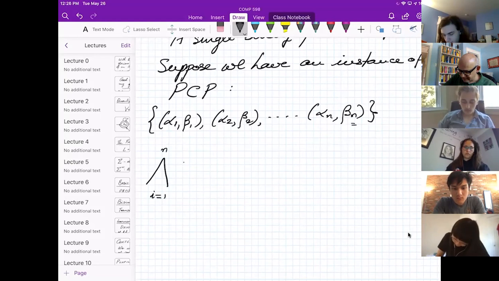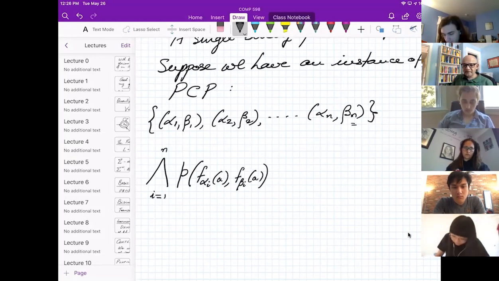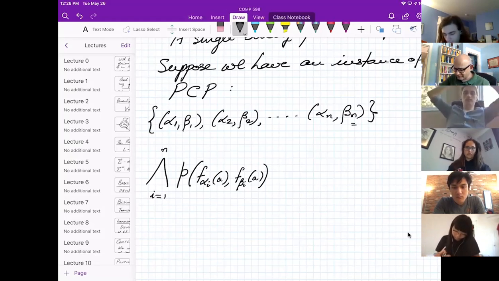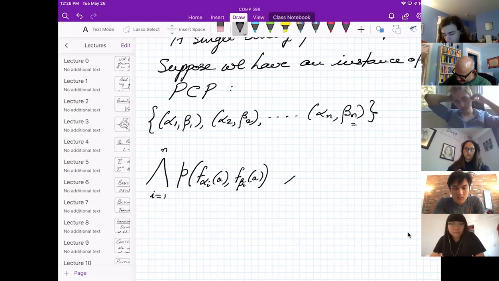And this formula says P holds for f of alpha i applied to A and f of beta i applied to A, where I'm using the abbreviation I've introduced above, where f of alpha i is a string, so it's interpreted through all those cascaded unary function applications. Okay, just it. What is P? I'm not telling you. It's just a predicate I've introduced. I'm saying this, well, would it be if that was all there was to it? But it's not.